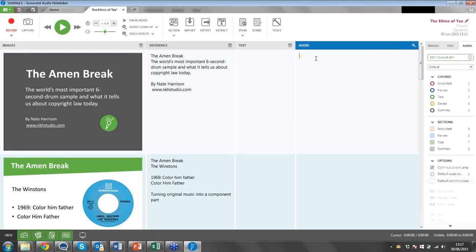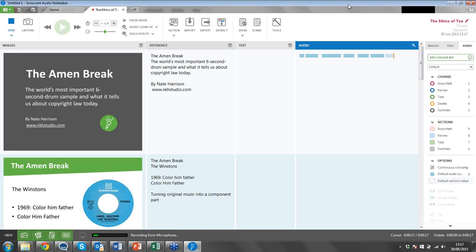I'm going to leave the text pane for a moment and go over to the audio pane. Now here comes, I guess, the main part of the audio note-taking element of our software. Let's imagine the lecturer or the instructor has started speaking at the front of the room. The student can hit record and it will start to record the voice of the instructor. Now rather than having to listen and also try to take notes by hand, which of course is difficult for many students, the student here is encouraged to keep listening